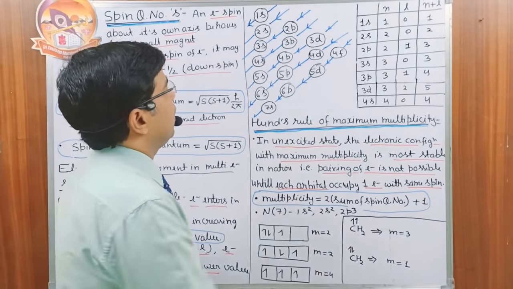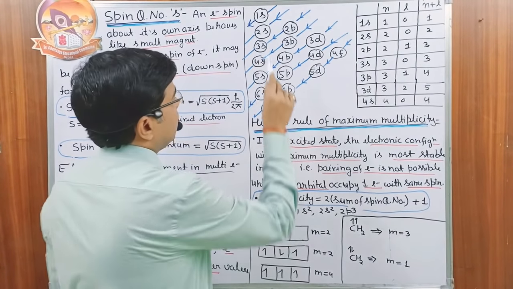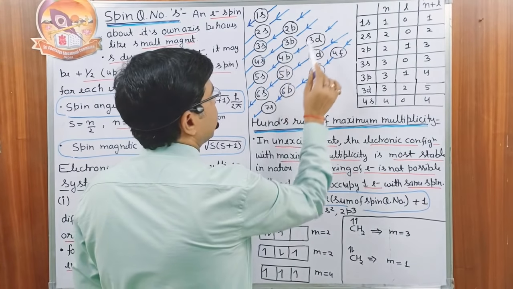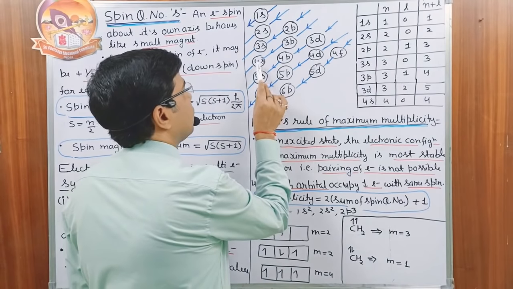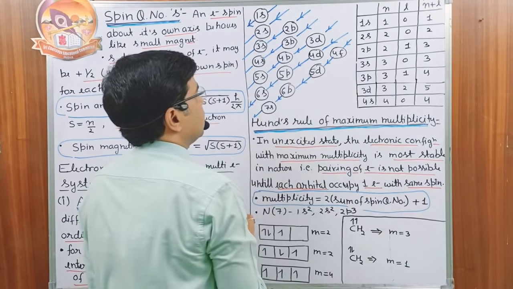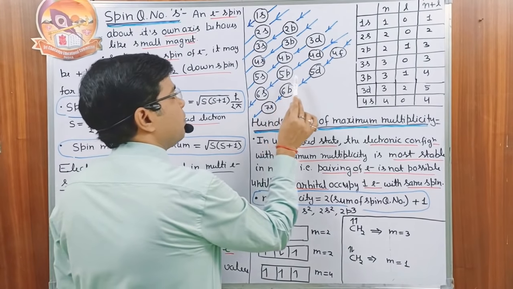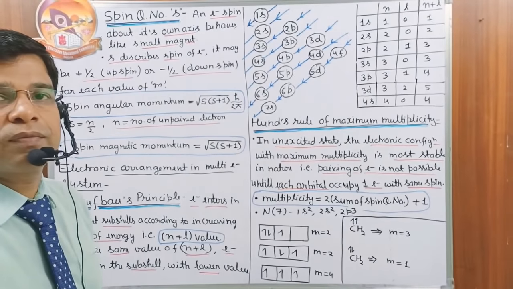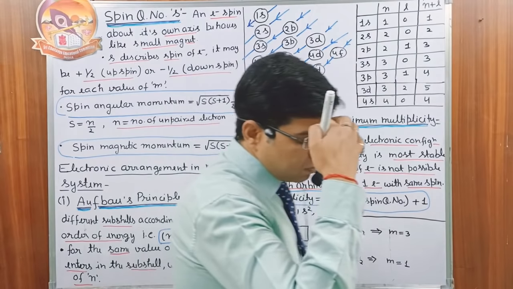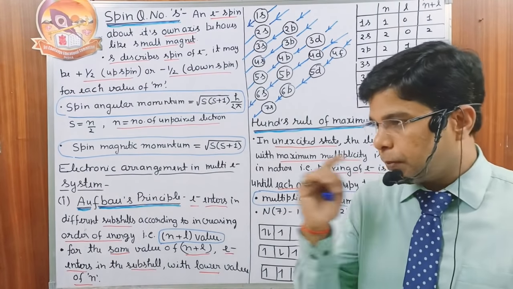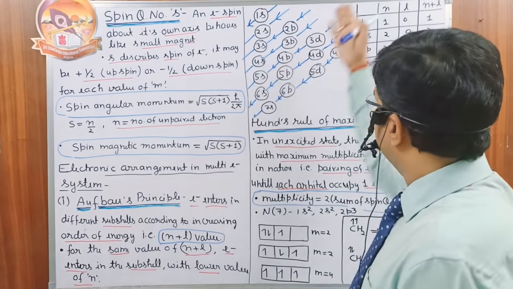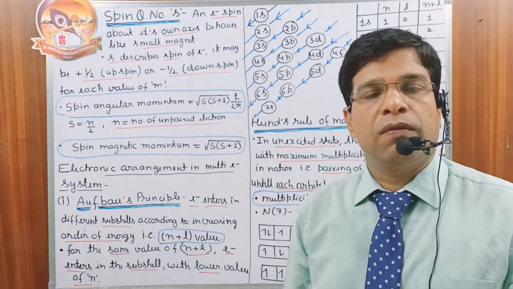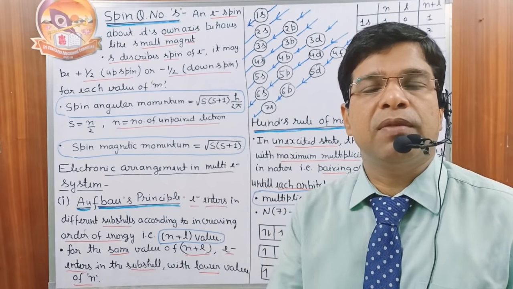Look how we do it. In the first shell we have only 1s. In the second shell, 2s and 2p. In the third shell we have 3s, 3p, 3d. In the fourth shell we have 4s, 4p, 4d, 4f. In the fifth shell 5s, 5p, 5d, 5f, 5g, etc. Similarly in the sixth and the seventh. Okay, we have to decide the n plus l value. Suppose I have one electron and several choices are there. Then what do I do? I calculate the n plus l value. The first electron goes into that subshell which has the minimum value of n plus l.